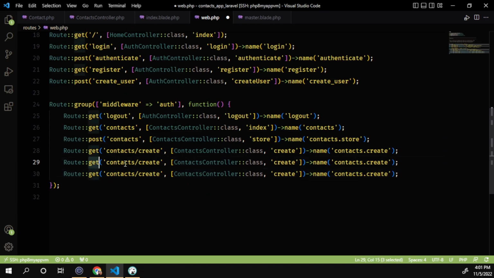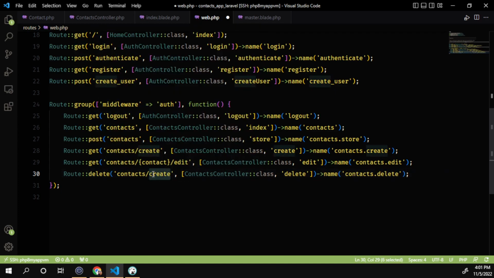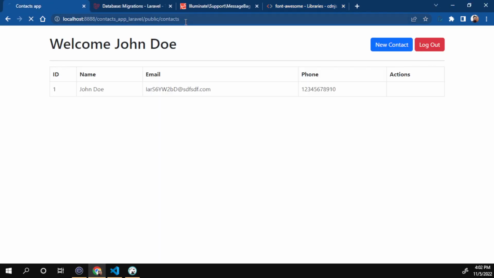Let's create these routes for contacts again. So we want to create a get route for contact slash contact ID slash delete. So let's go for edit, right? And here we'll go to edit, and we'll say contact.edit. The next one is going to be for delete, and here we can just say route delete. Right, so now that we wired that up, if we go back,